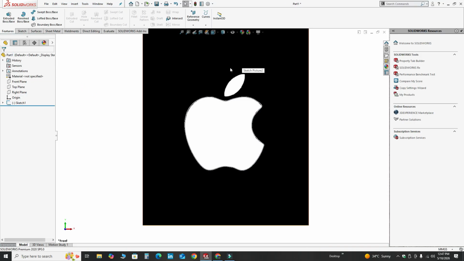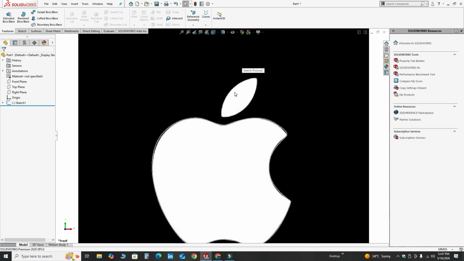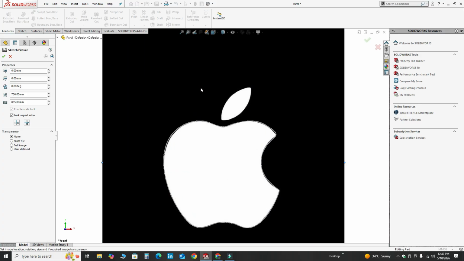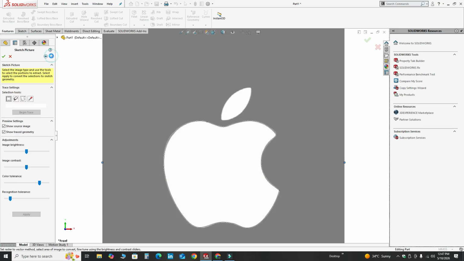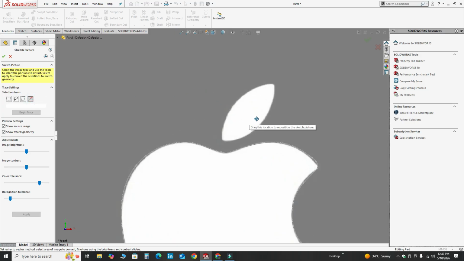Okay. Now I will draw the same for this leaf. So double click it, go to this option next, and then select this option, use to select color, and I will select somewhere here, and it will give me a sketch based on color difference, white and black.